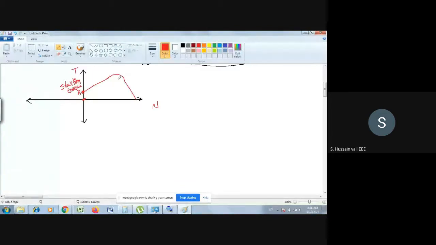Okay, now what you must understand here is this point. Another point I will take as B, point B. At this point the torque is maximum, so you call this the maximum torque point. Whereas this point you call C, and you can consider this point as zero torque. See now, torque is zero here.